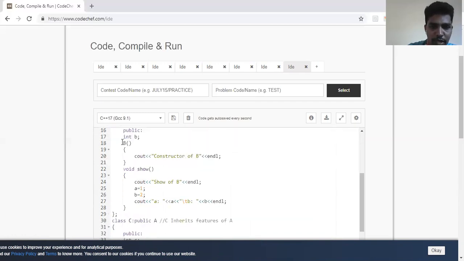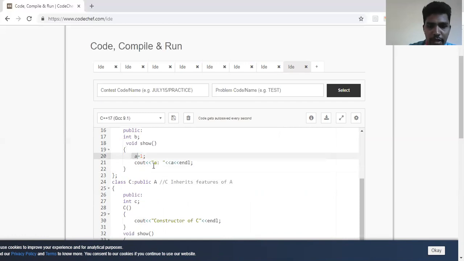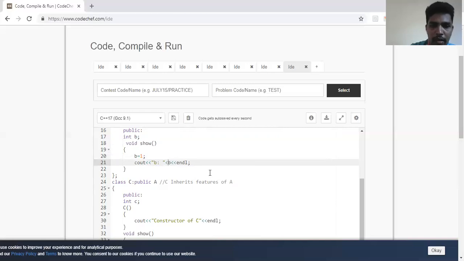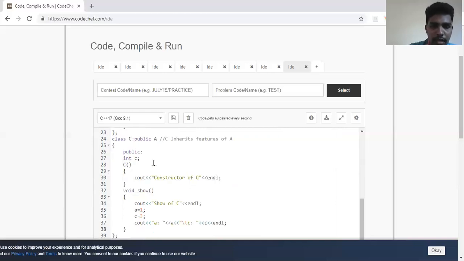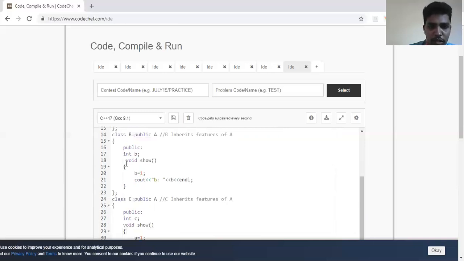I'll not use any constructor in B. So instead of A, let me go for B and then I'll be printing B. Okay. In C also I'll do the same procedure. I'll just have a show function in C, and what that show function does is just changing the value of C and then printing the value of C.